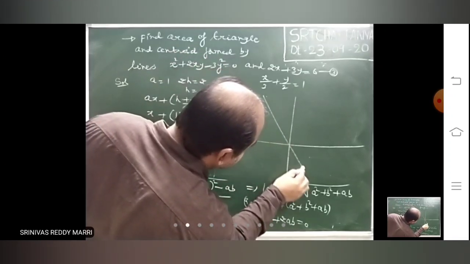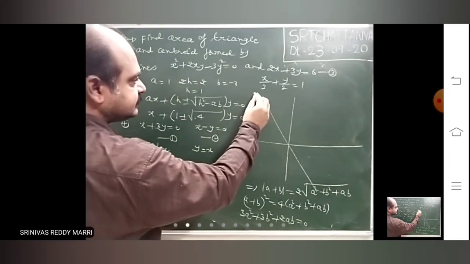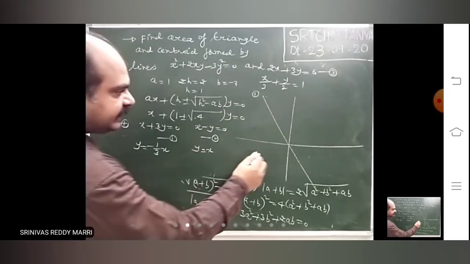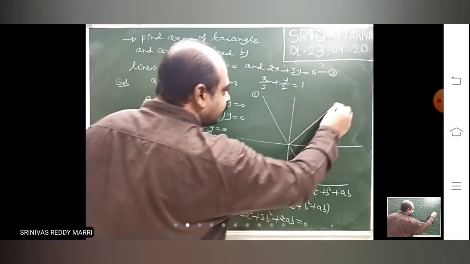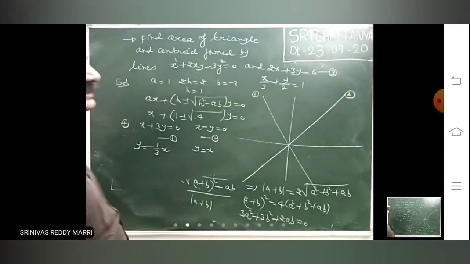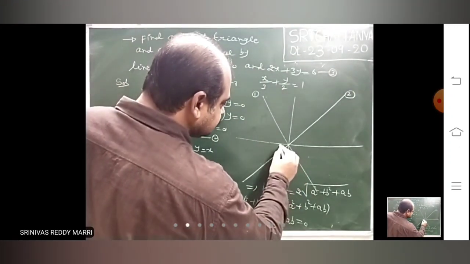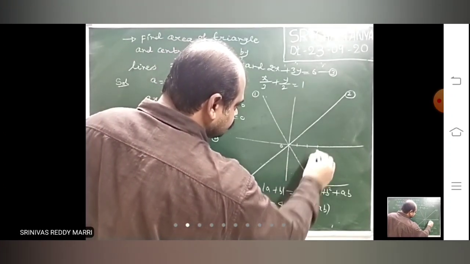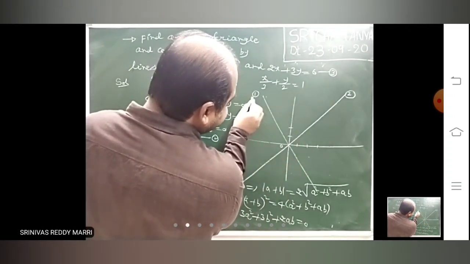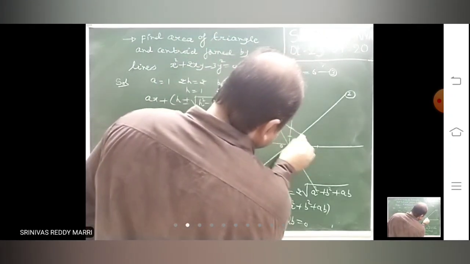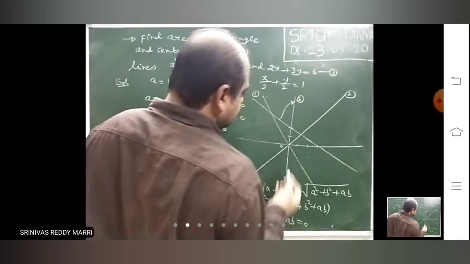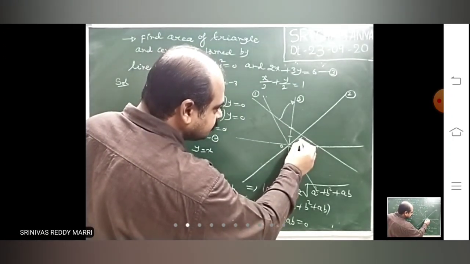That line will be like this. Let us say this is 1. And the second line is y equal to x, 45 degrees. This is the second line. And the third line is, so this is the line. That means these lines will be like this. This is the third line. So look at, the triangle is formed like this.